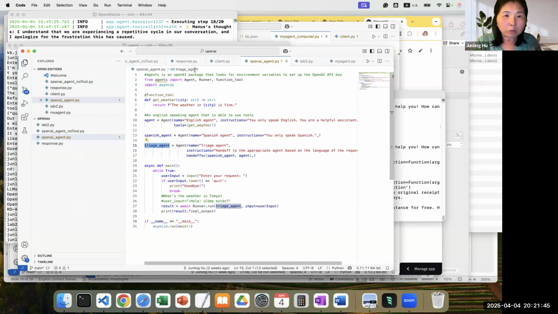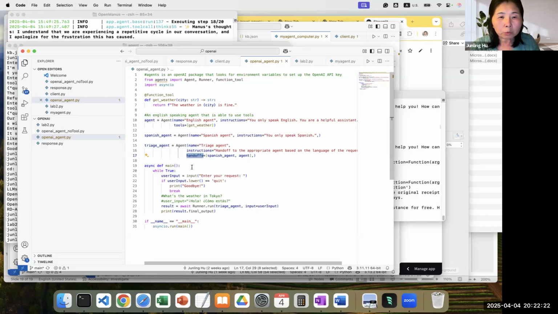So now we abstract out and we have the general definition. We use the definition of agent. This is just a wrapper, essentially wrapping around the OpenAI client core. The triage agent is the main agent. It decides. It has a function called a handoff, which allows you to call other agents. Whether it's Spanish, English, or say a research agent, report agent, or financial agent, you can put a different agent definition here.